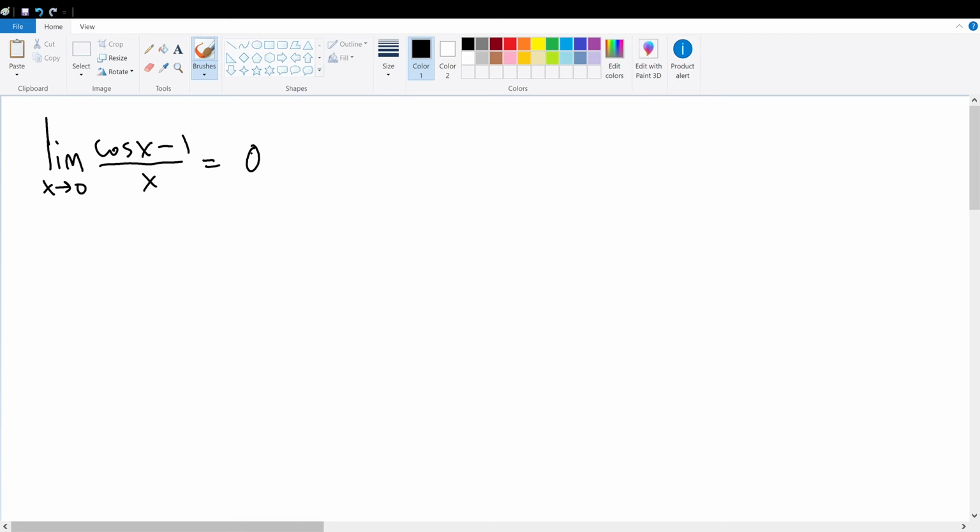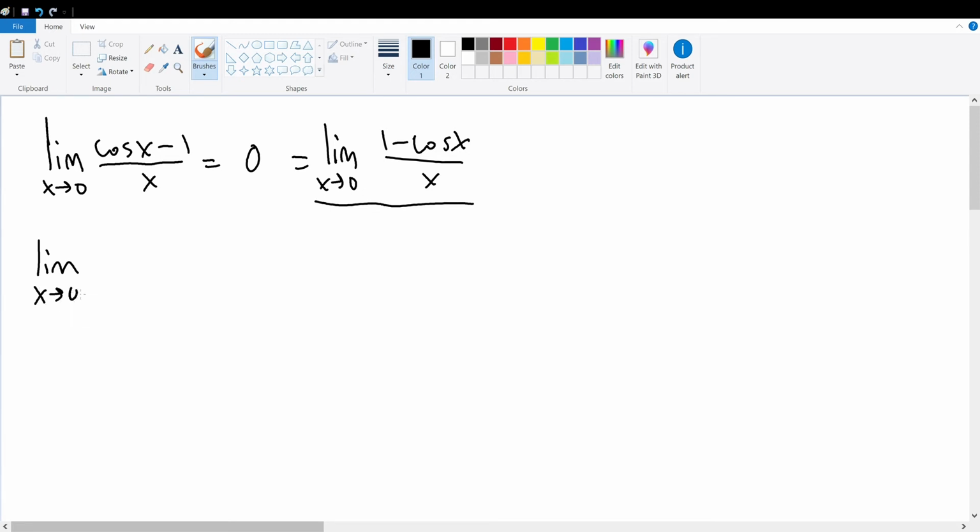In this video, similarly to the limit as x goes to 0 of (1 − cos x)/x, we're going to be proving the limit as x goes to 0 of (cos x − 1)/x is equal to 0, likewise to the limit as x goes to 0 of (1 − cos x)/x. So to prove this limit, likewise for how we did it for this limit in the previous video,